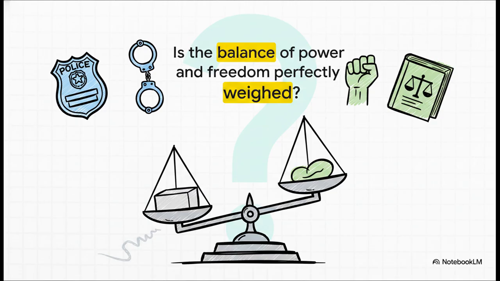We've explored the foundational rules, the specific exceptions out on the street and in the home, and the fundamental Charter rights that govern every single arrest. It's a really complex, continuously evolving system of checks and balances, so I'll leave you to consider this final thought based on everything we've looked at today. In the real world, amidst the chaos of an actual investigation, does the system achieve true balance between state power and individual liberty, or is the scale constantly tipping?